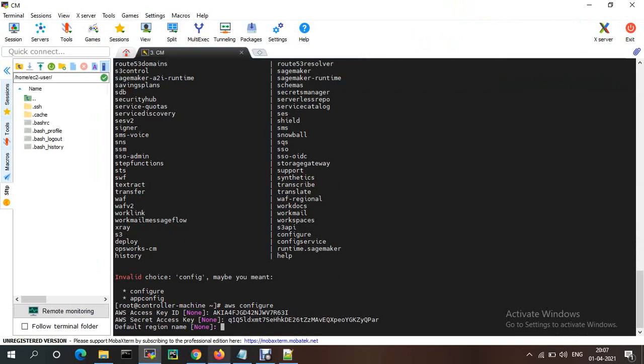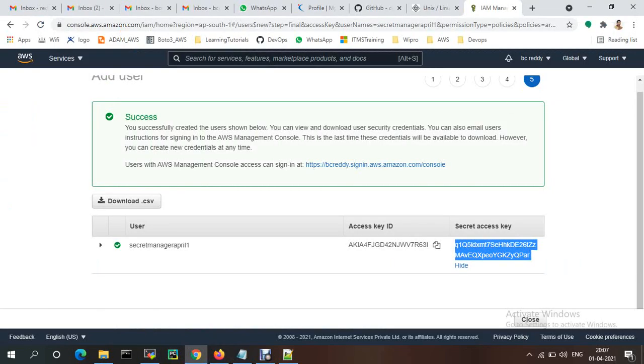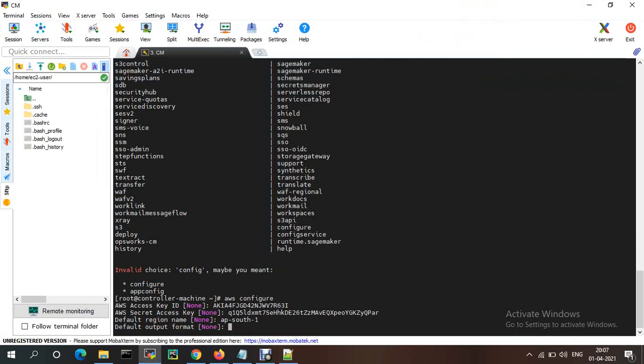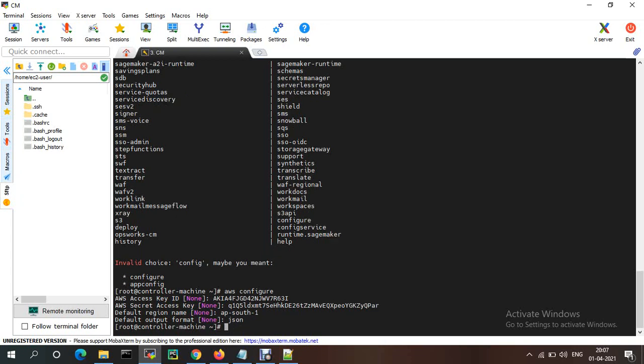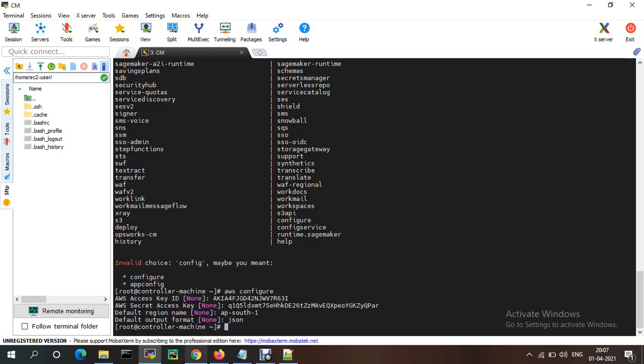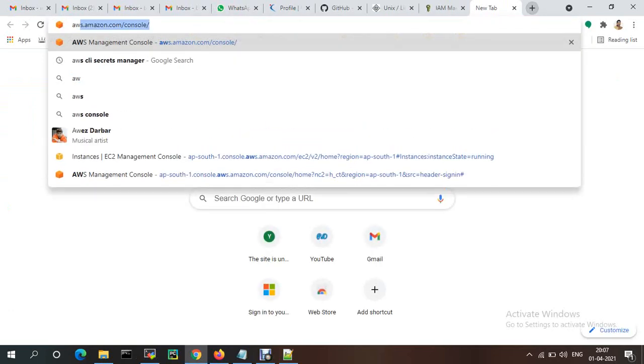And the default region is ours, AP South 1, the Mumbai region, so I'm just giving ap-south-1, and the default format is JSON. If you didn't provide it also, by default it will take JSON format only. Okay, now if you want to see that access key password, just go to this one, and AWS